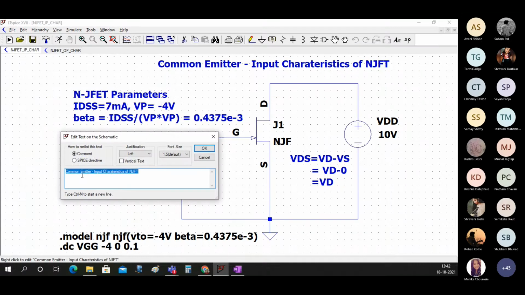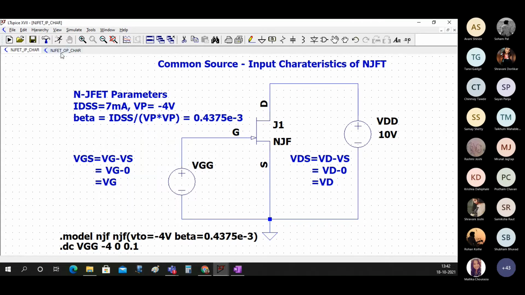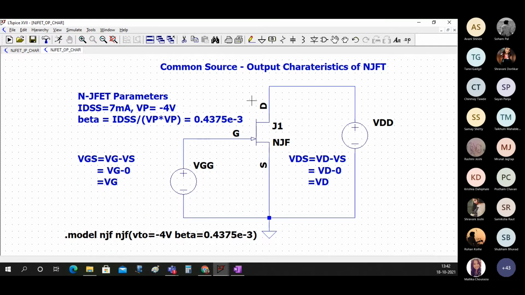Here we will write common source. Common source because source is common to both the input and the outputs.